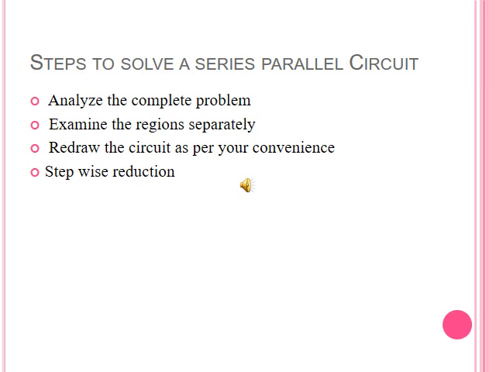After that, especially in series parallel combination, we have to reduce the circuit stepwise. If the first two resistors are connected in parallel, then we have to reduce them in parallel combination. We know the formulas for reduction. And if they are connected in series, then we first have to reduce them in series. We have to add them. After that, for the next combination, we redraw the circuit. If we redraw the circuit again and again as per reduction, then it would be easy for us to solve it properly.